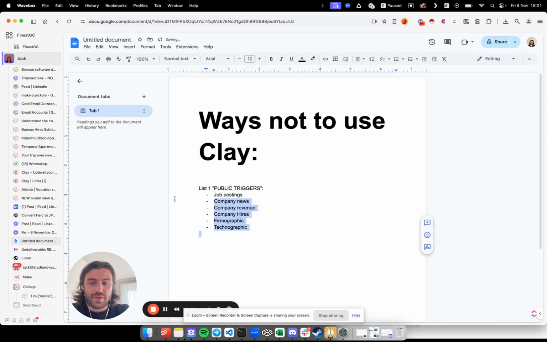So now we have public triggers, hopefully a bunch of pretty cool stuff. I would really recommend you try to be really accurate with these and try to make combinations of them. If you're saying they need to be on Shopify and they need to use this technology, and they have WordPress 7.2 and they were founded in 2015, a combination of them makes a really strong case, which is really cool, as long as it makes sense and you're not just doing it for the sake of it. So when we have 1, 2, 3, 4 different ideal triggers, you can do as many as you want.